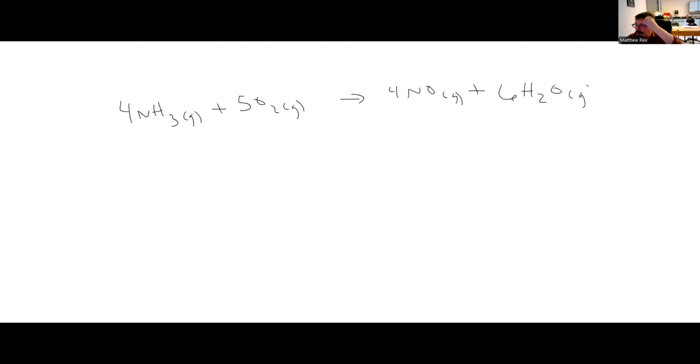And we're told the standard entropy for each of these: 192.8, 205.2, 210.8, and 188.8. So products minus reactants, so I'm going to have 4 times 210.8 plus 6 times